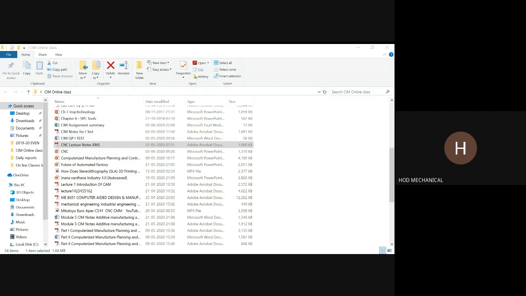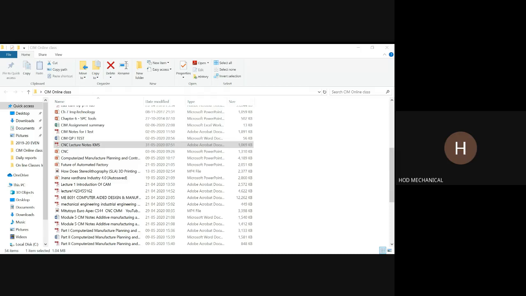What are X and Z? You are telling the tool to go linearly to this particular point. X and Z are called the target point. And F is nothing but the feed, at what feed you want to move the tool. That is important. So now you can understand the G01 command is mainly used for linear removal of material from a workpiece.